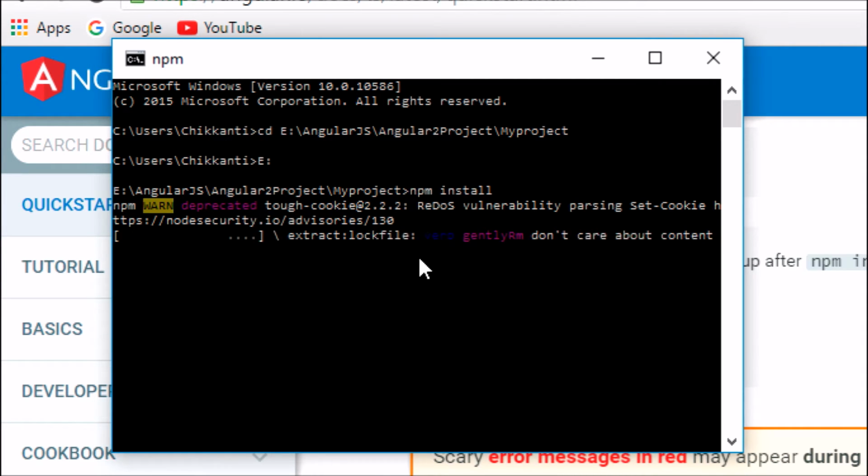So it's done downloading, then it's extracting.